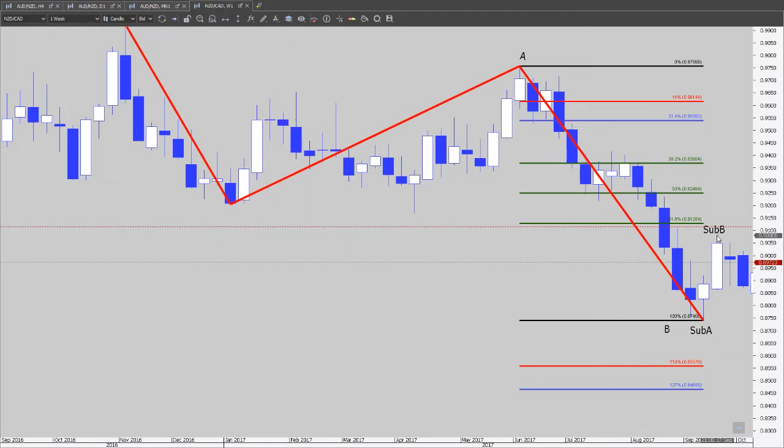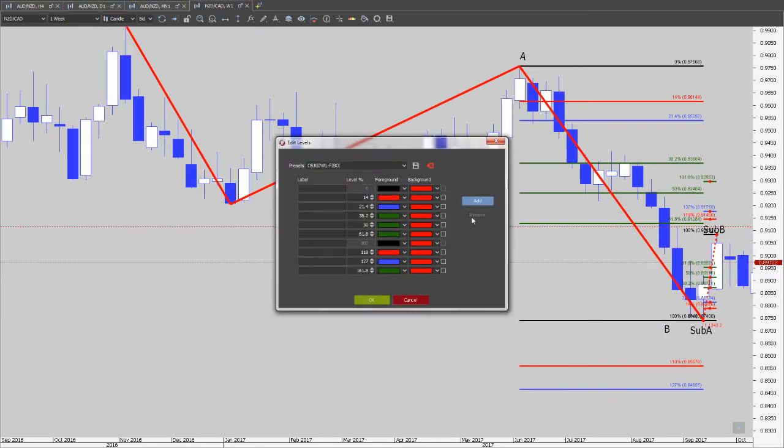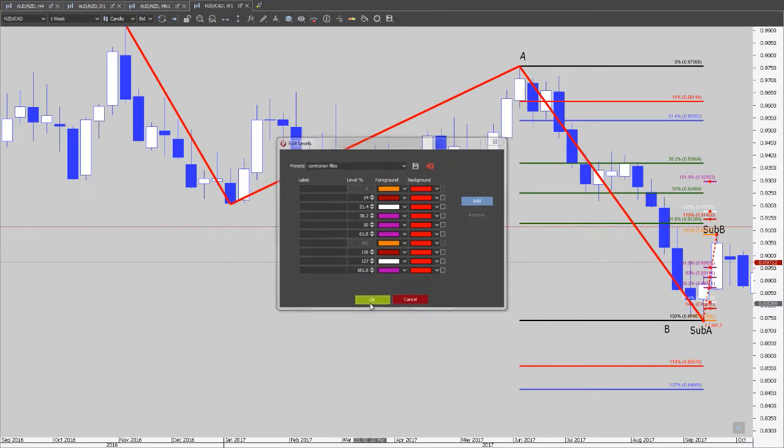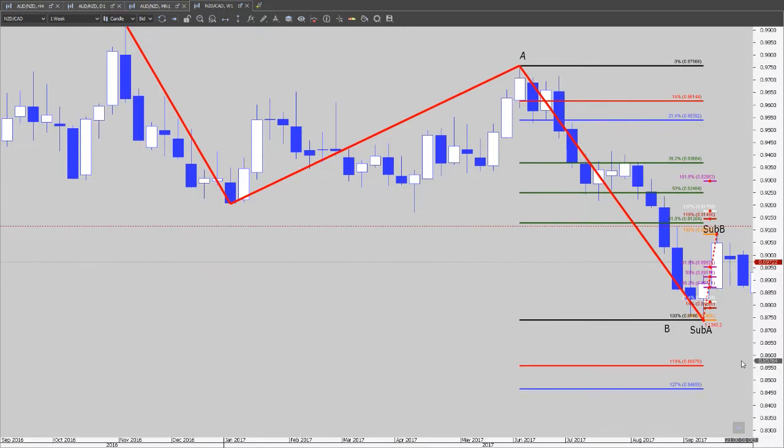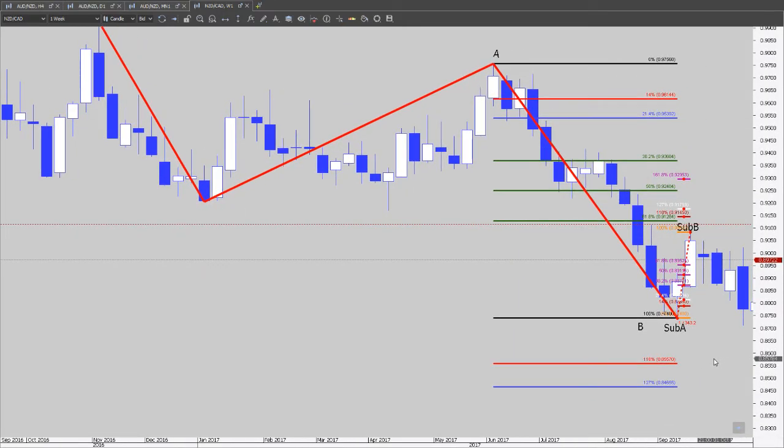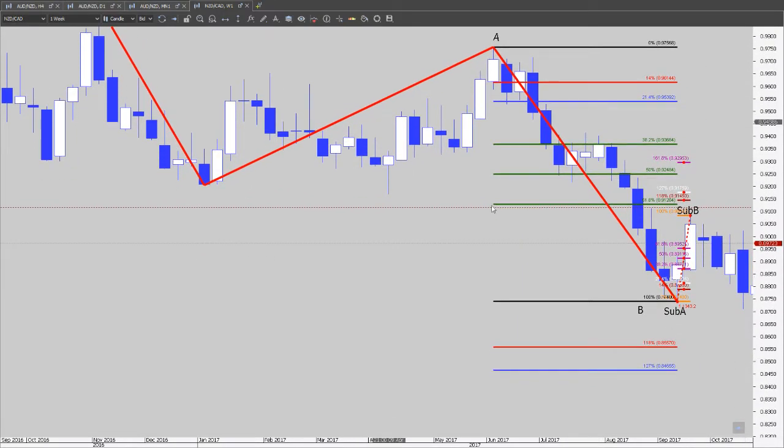Let's draw the contrarian Fibonacci. We are going to color code it differently, right? Contrarian Fibo here. And let's see, the market retraced, and as you can see, the market just broke our sub A. The market broke our contrarian Fibonacci. No problem, we are going to just delete it and wait